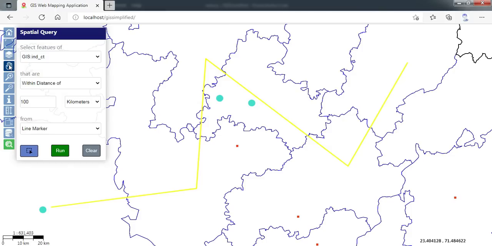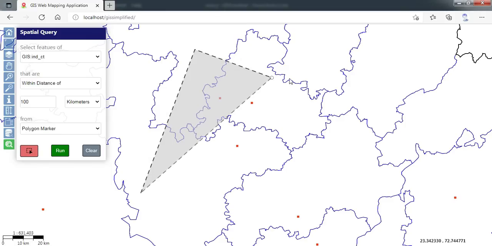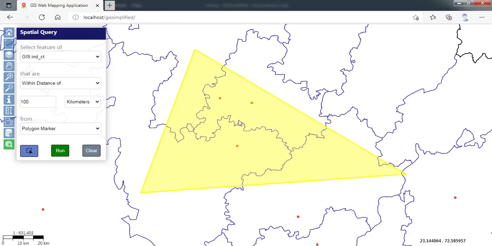And now let me run for 100 kilometers. Let me clear the map first. So I'll clear that and then I'll do it for polygon. I'm again using the same user input tool and making a polygon on the map, and then let me execute the query for 100 kilometers.